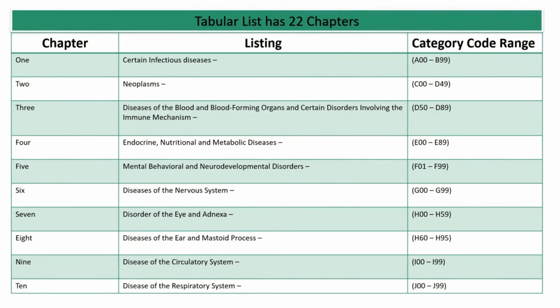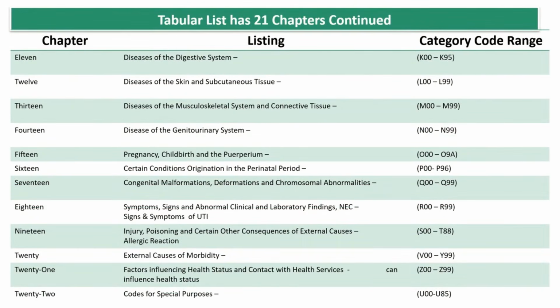All right, let's take a look. We've said that there are 22 chapters in the tabular list. We know that, but let's quickly look. You have 1, 2, 3, 4, 5, 6, 7, 8, 9, 10 right before you. And on the next page, you have 11 through 22. Now, I'm not going to read all of these because I'm going to do it on the next slides. In fact, we're going to go through each chapter and I'm going to give you some sight words to help you remember. All right, let's get started. We're going to begin with